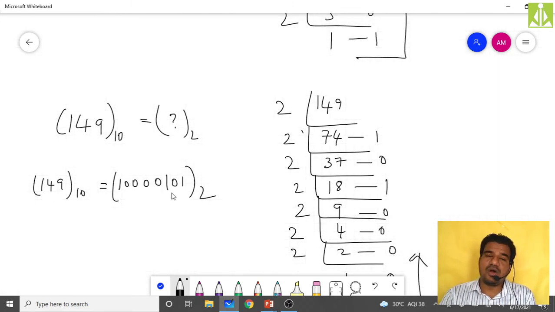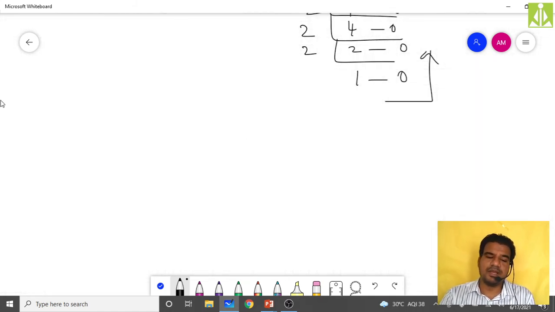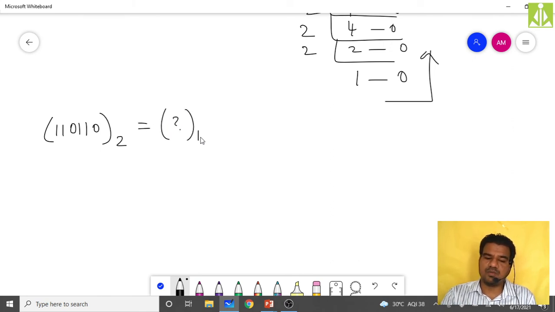So now, how can we convert the given binary number into a decimal number? Okay, given binary number into decimal number. For that, the process is very simple. So let us take a random example. 110110, like this I have taken 110110 to the base 2, and I want it in decimal. You have to observe the base values. The given number is in binary, and I want the number in decimal. Okay, to the base 2 to the base 10.